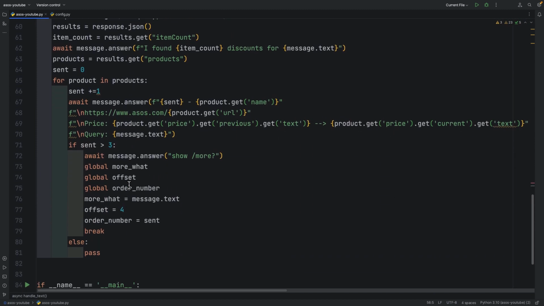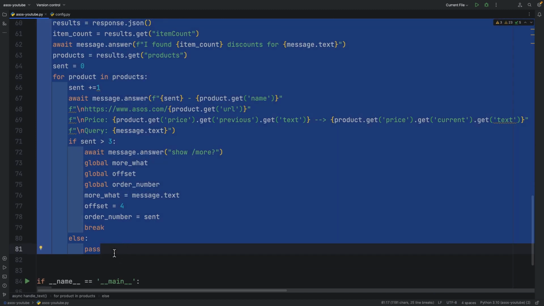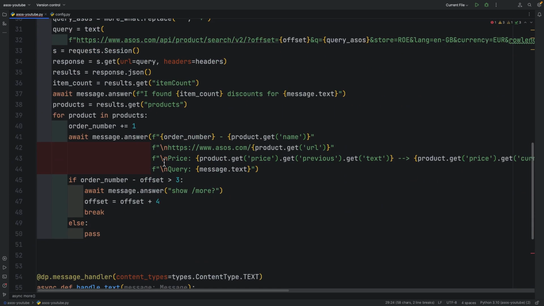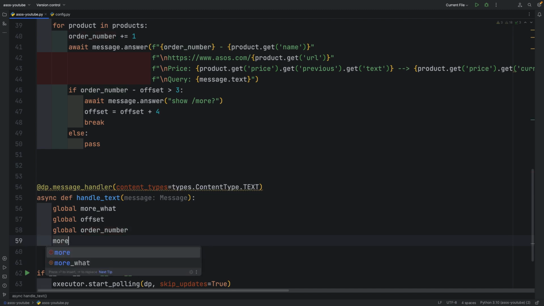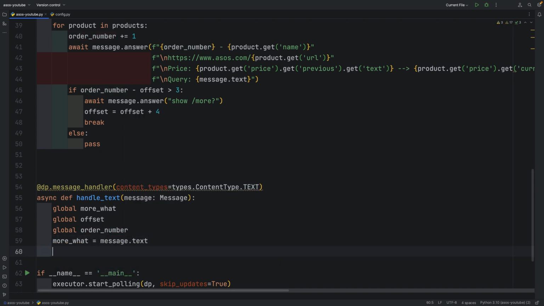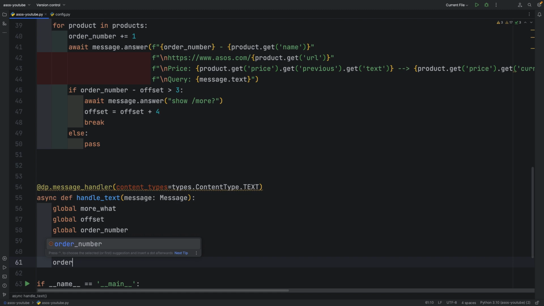I'm going to remove this code and declare global variables. I'll set more what equal to message text, offset equal to 0, and order number equal to 0 as well. Then we'll call the more function like this.